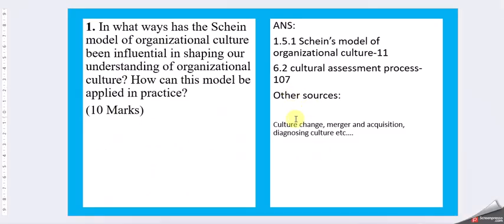And for extra information, you can think in the direction of cultural changes, mergers and acquisitions, diagnosing cultures. So these kinds of information you can look for on how this model can be applied in practice. You can look for a little external sources also.